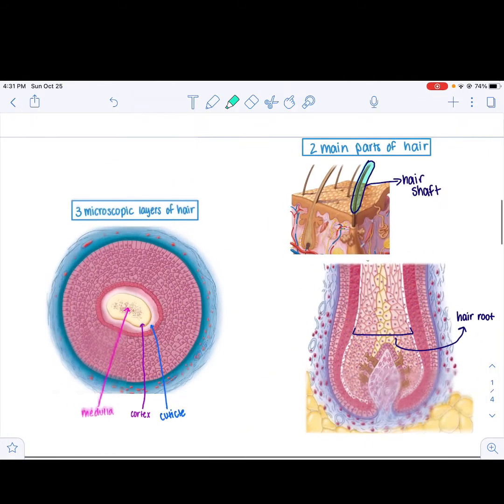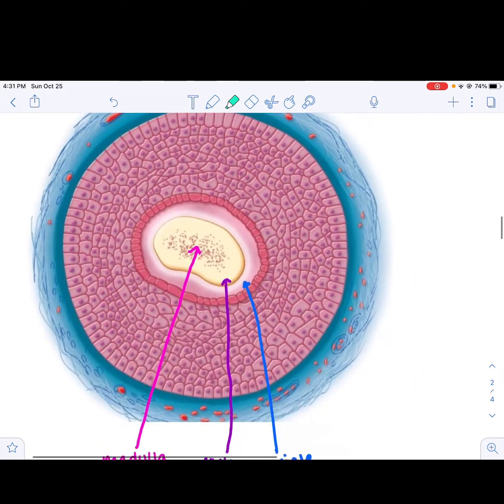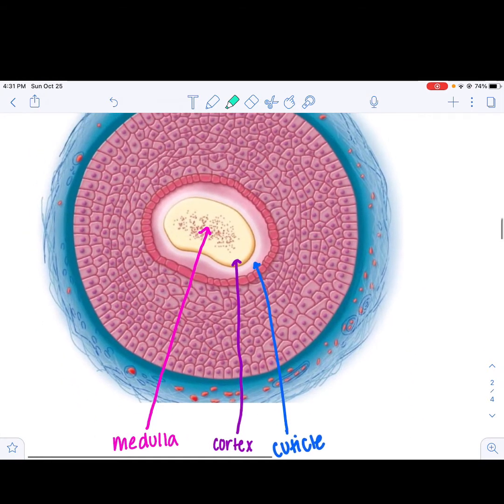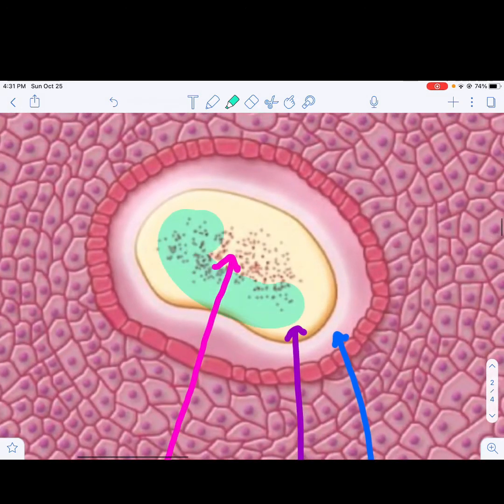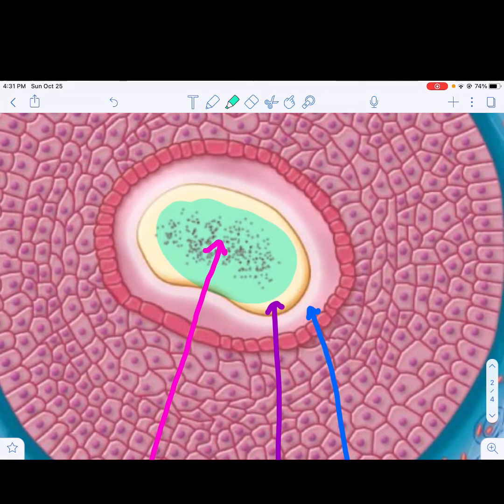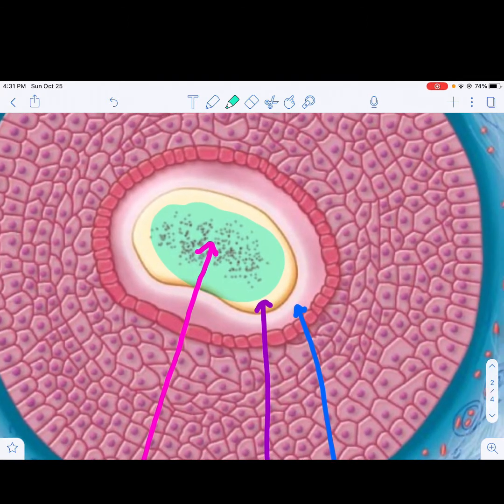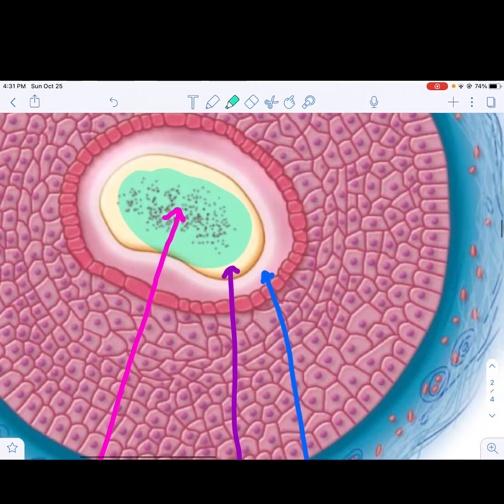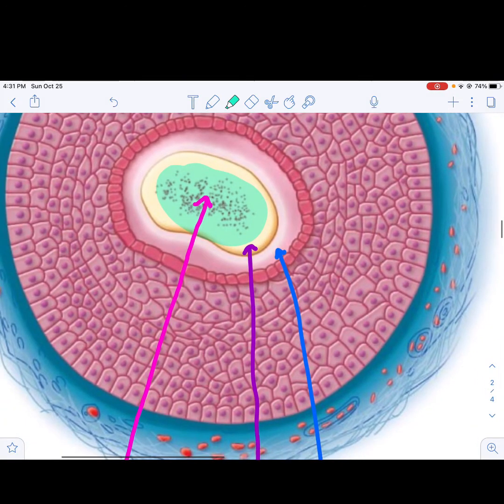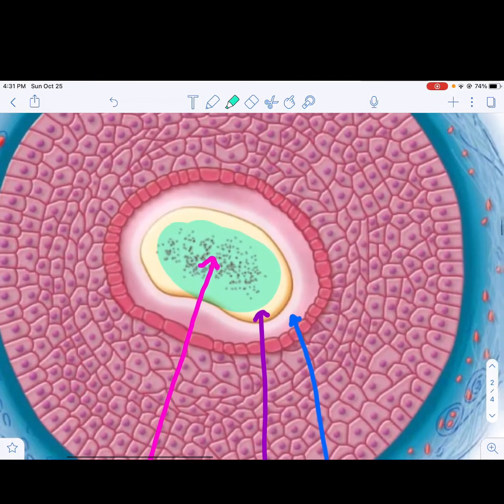And then the 3 microscopic layers of hair are the medulla, the cortex, and the cuticle. The medulla is the very middle right here, and it is large cells and air pockets, soft keratin, and it's not present in fine hairs. And then the cortex surrounds the medulla, and then the cuticle is the outermost layer, which is